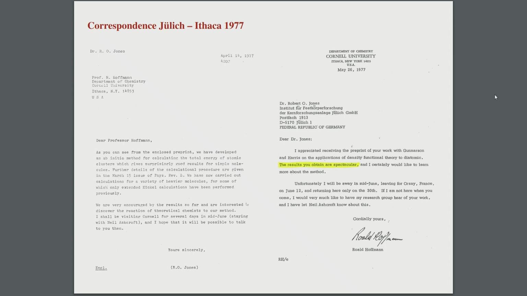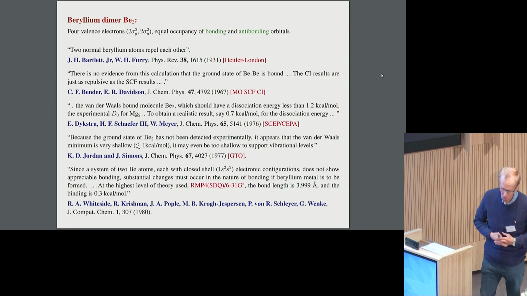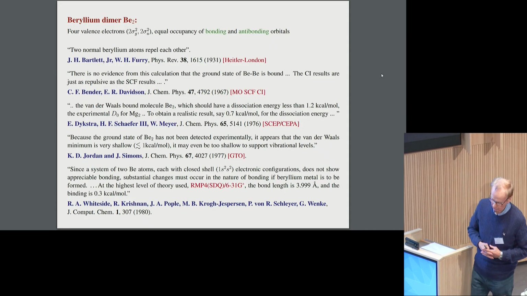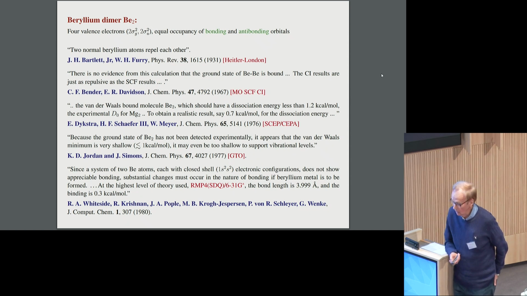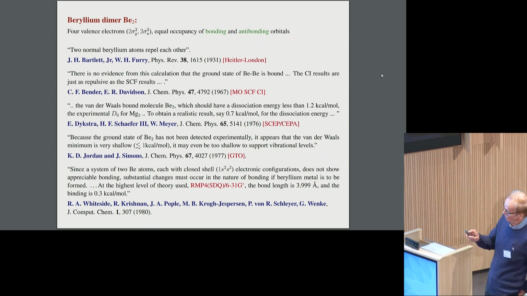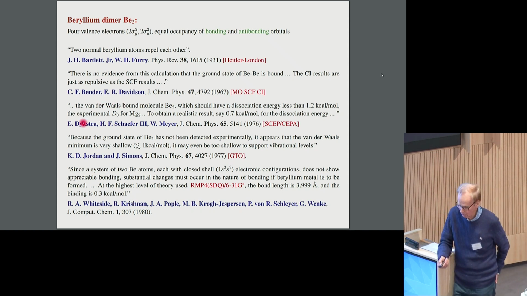I shall take you through a couple of molecules that we calculated at that time. I'm not going to go through details here. I'm going to look at 2 beryllium atoms. The beryllium-2 molecule, it's only got 4 valence electrons. You would expect you could describe this molecule very well, but Hartree-Fock gives no binding. And here is just a summary of some. I'll look at the names involved. You can see that there's the people you like, Ernie Davidson, Fritz Schaefer, and the rest, and also John Pople and Paul Schleyer.